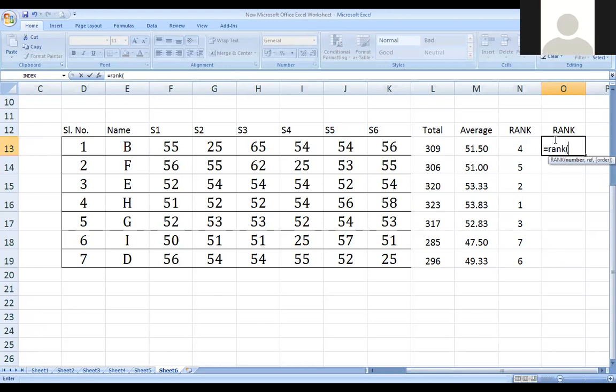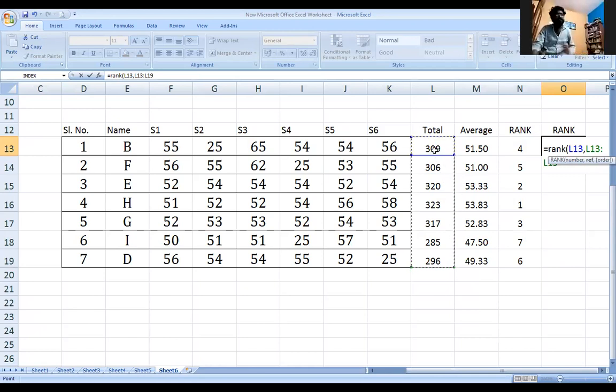Then I'm giving the total and pressing a comma. Then I need the range, L13 to L20.